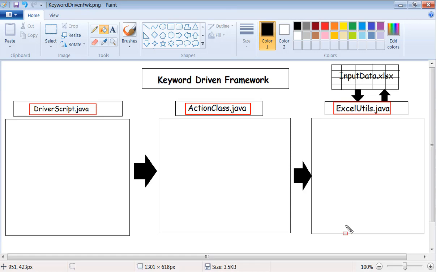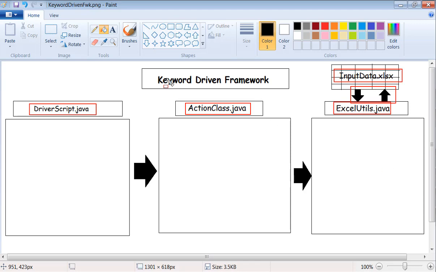You need to navigate to the first row, second row, third row, get all the columns, get the cell data which is stored. We have to get it. So those functions are part of this Excel utils.java, and we always read the data from the XLSX file, and also we even write. That's the reason we represented this with 2 different arrows, up arrow, down arrow, because we read from and write to the Excel. For verify text, we try to write the data to the Excel as pass or fail.